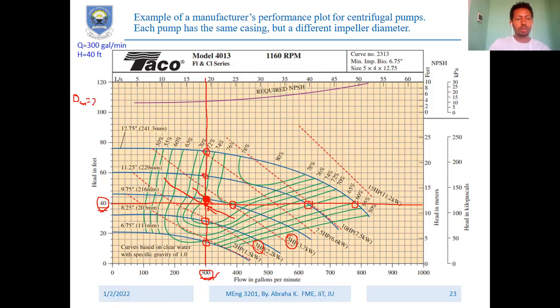I have 216 millimeter impeller size, and the brake horsepower required for this impeller is around 4.5,